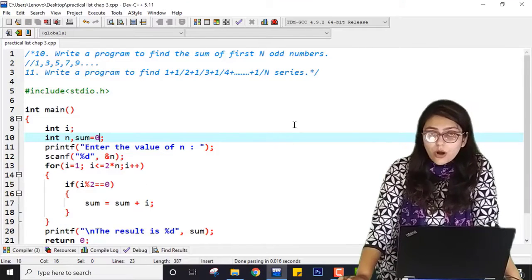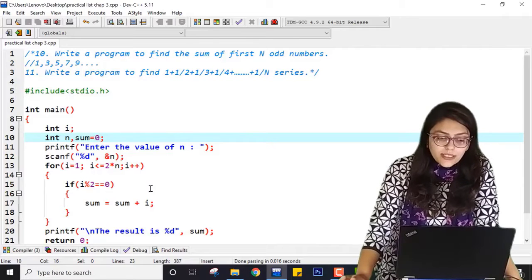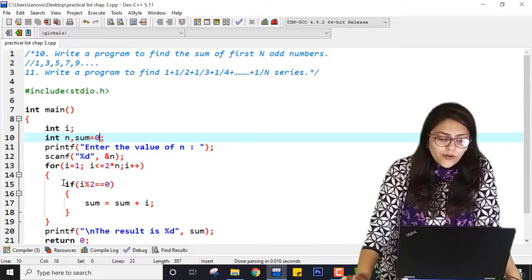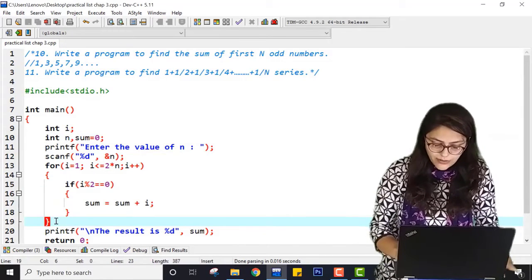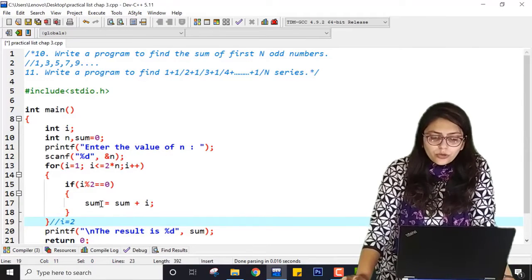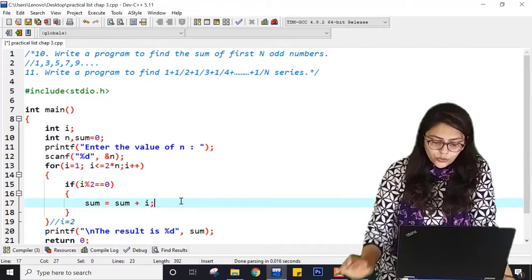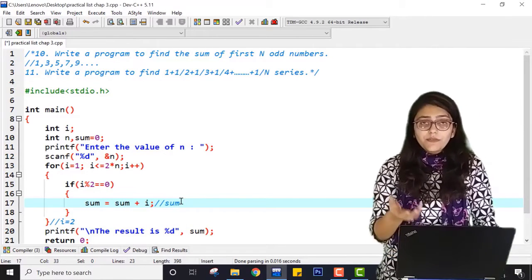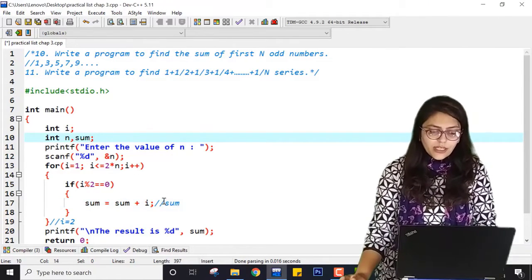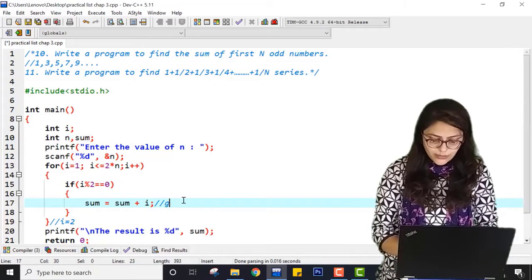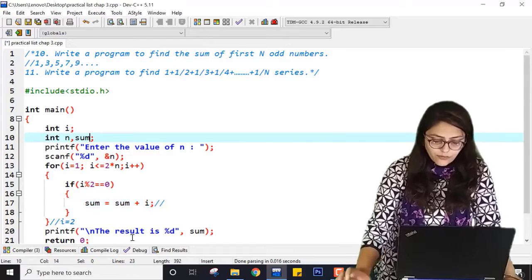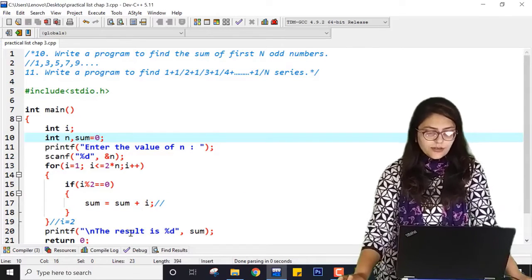I have already told you the logic of why sum should be initialized to 0. Because when I equals 1, 1 modulo 2 is not equal to 0, so the control will not go inside this. Now at this stage I will become 2. For 2, 2 modulo 2 is equal to 0, so it will go inside. Now sum equals the previous value of sum, which is actually a garbage value. If I have not written 0 over here, then it has a garbage value, so it will be garbage value plus 2. To eliminate that kind of inconvenience, I am initializing sum with 0.